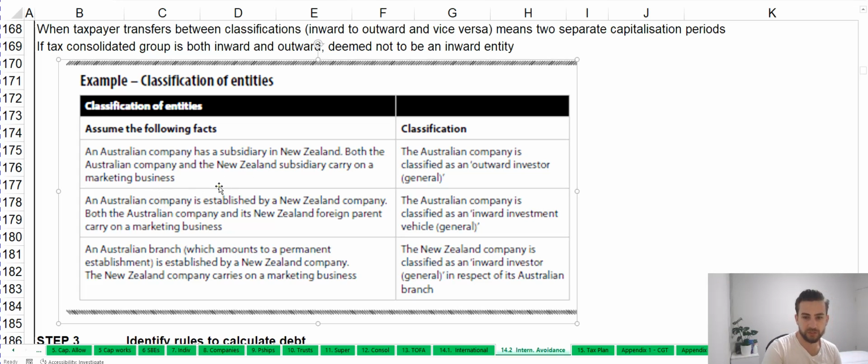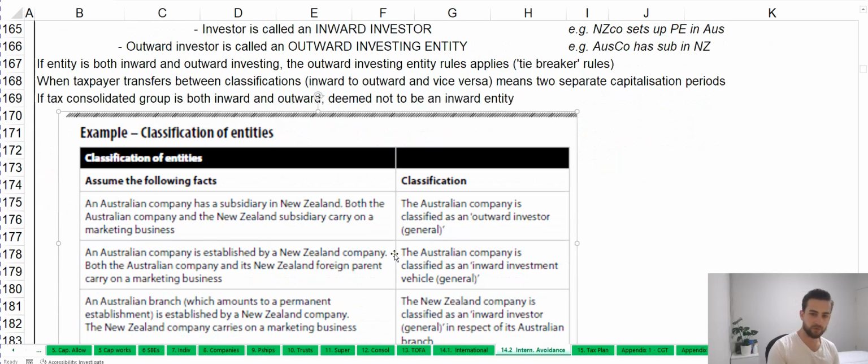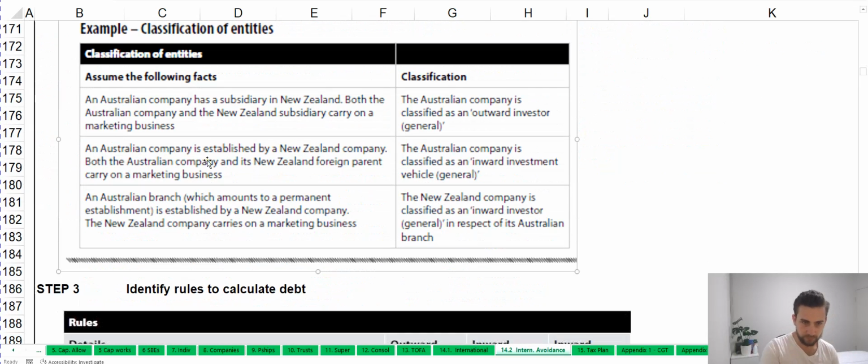So the Australian company is the inward investment vehicle, so it's the vehicle where the money is coming to, and it's inward, so it's going to Australia. And the final one is an Australian branch. So branch means permanent establishment. It means that they haven't set up a new company. It just means it's the New Zealand company operating in Australia without any legal infrastructure, and they carry on a